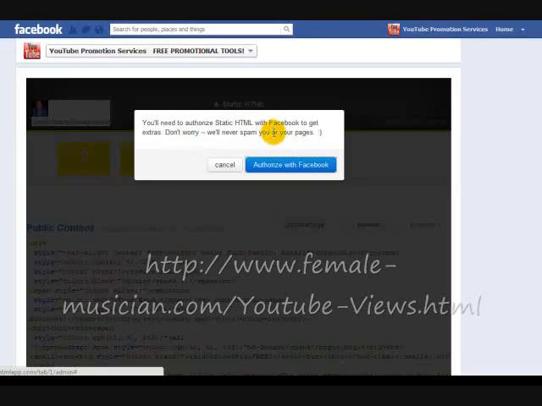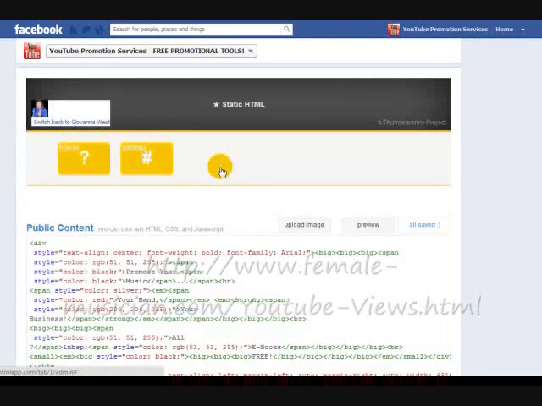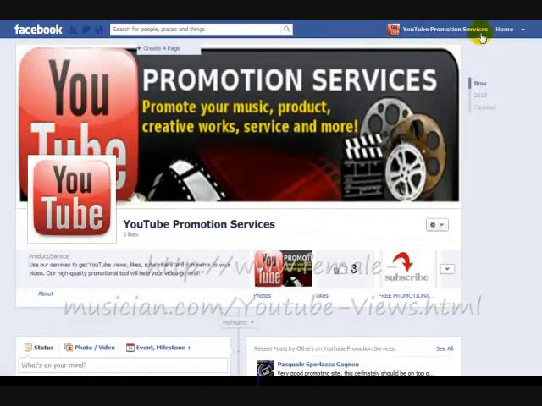Don't worry, we'll never spam you or your pages. But when you go forward with that, which I'm not going to do here, I believe there's a charge for it, if I'm not mistaken. It's a little more effort to go through that process of getting the image in there, as opposed to just putting it in from your edit page